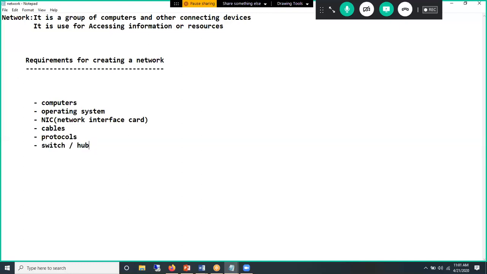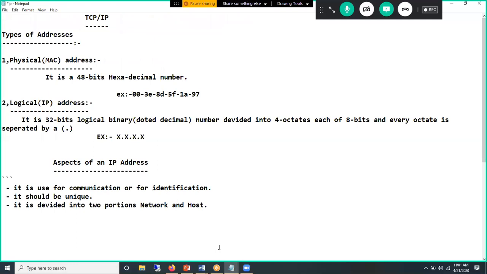Okay. So in today's class, we'll be discussing IP, which is one of the important topics, and the complete networking depends on the IP address. If you learn many things but don't have an idea about IP address, you cannot become a system admin or network admin or any administrator in a company unless you have the IP address concept. So IP address plays a very important role. Before we understand what an IP address is, how to configure it, what the types of IP are and what the ranges of IP are,